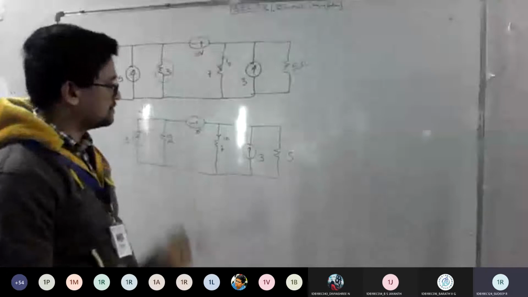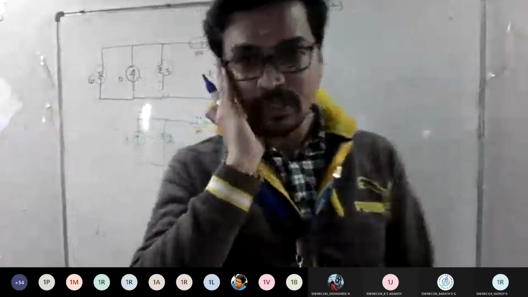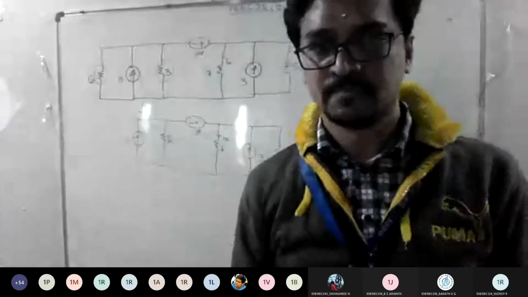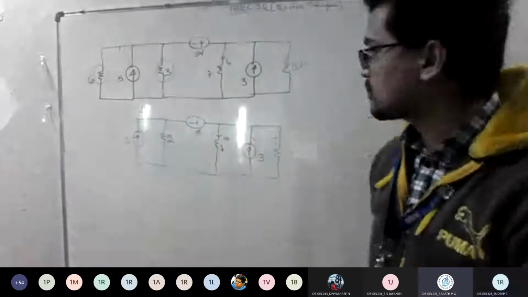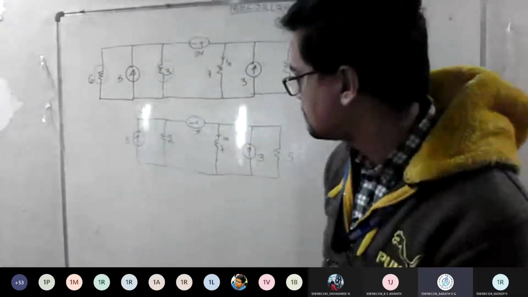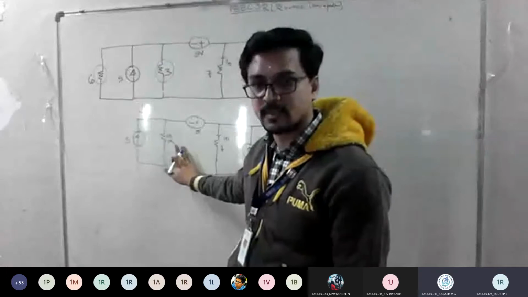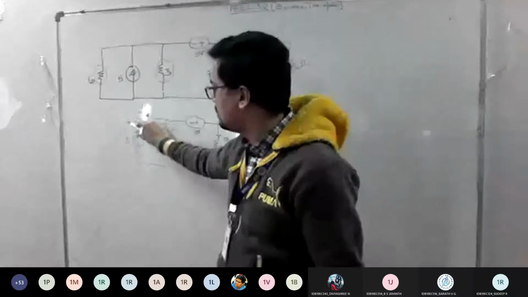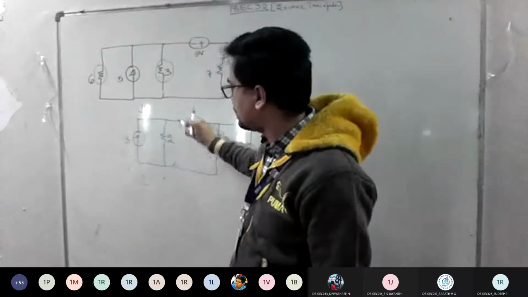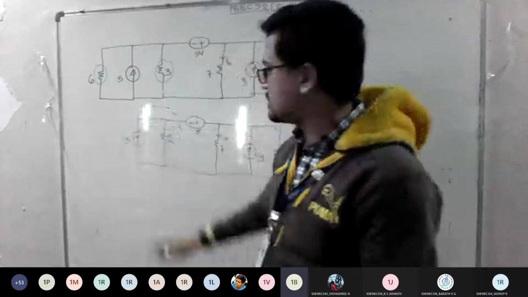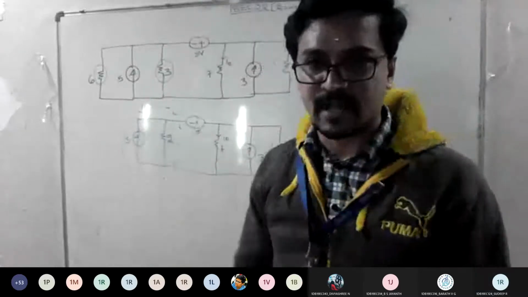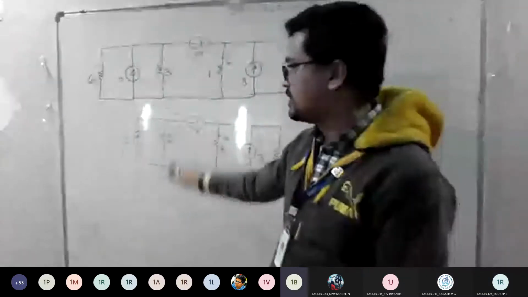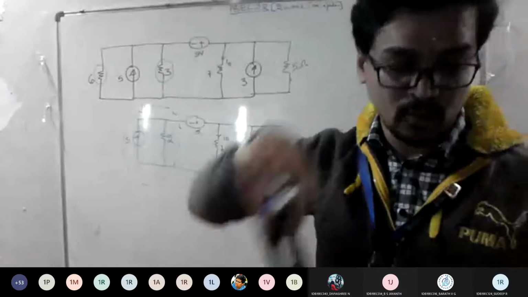Now tell me what the next step is. I've given the hint, you are not supposed to alter this. So what can be done? Convert the current source into a voltage source, sir. If you convert this practical current source, the part I have just highlighted in the other color, to a voltage source, then this voltage source becomes series with the other one. I can add them into one. Yes or no? Yes, sir. Good. Proceed. Convert that and make it a single voltage source.